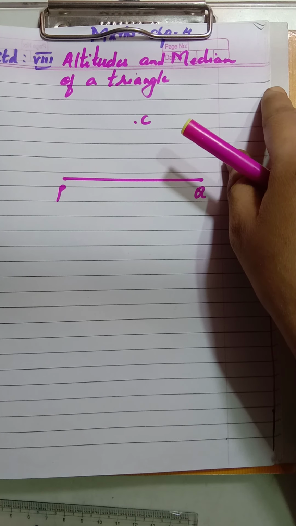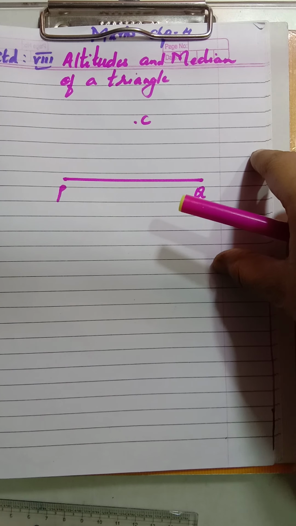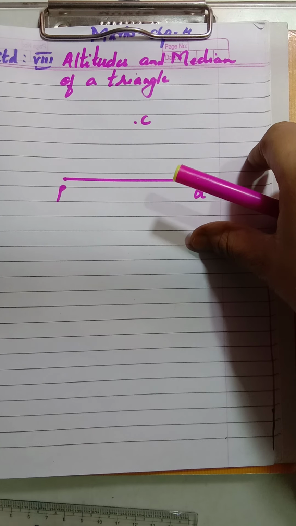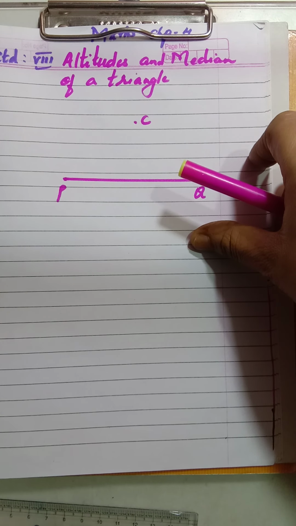In some case it was given all the three sides, then you had constructed a triangle. In some case two sides and an angle were given. So depending on the condition given, we had constructed the triangle, right? So that was all you have learned in 7th standard.